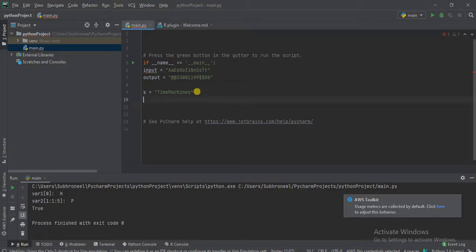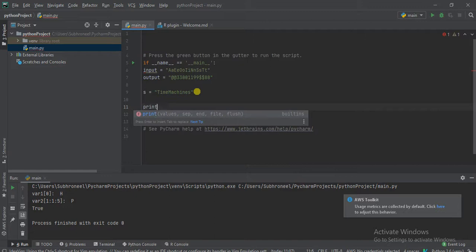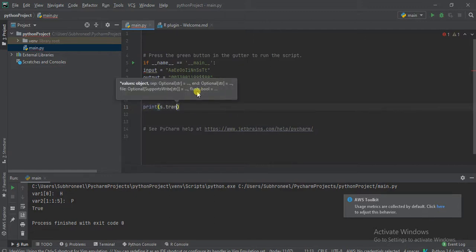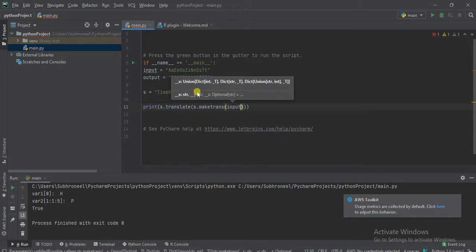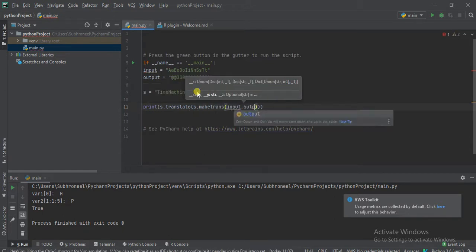Now I will show you printing. Print s.translate, where s is the string, dot maketrans, input comma output.